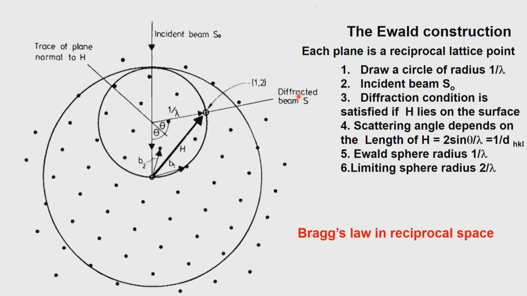Now, as you see here, there are several reciprocal lattice points on this grid, but none of them are intersected except the one which we have taken as an example. The reason is obvious, because we are keeping the reciprocal lattice fixed. That means we are keeping the crystal in one position and then sending in the X-ray beam. If we keep the crystal in one position and send an X-ray beam, more often than not there may be no diffraction, no reflections observed, or we may observe a reflection by chance, like what we have seen here. We do not see any other reflection.